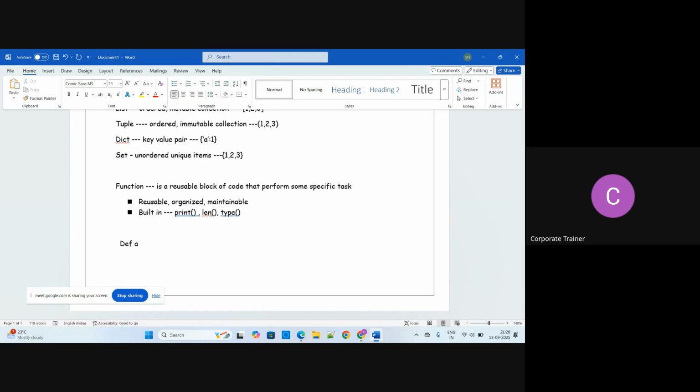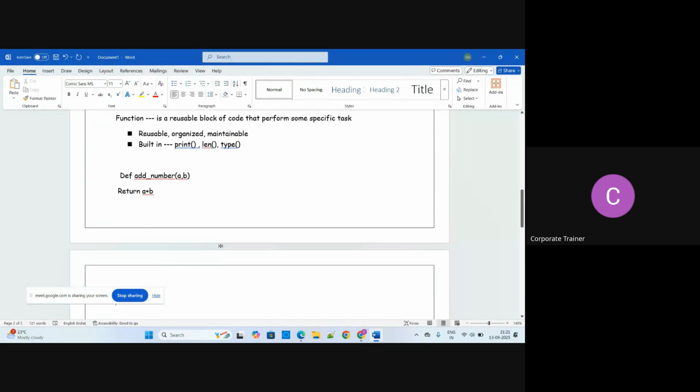Let's suppose we want to add some numbers. I write def add_number with parameters a and b, and use return a plus b.